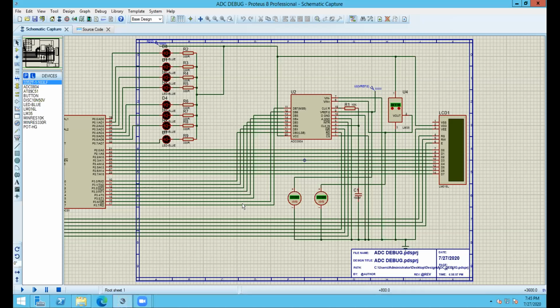Okay. Are you able to see my screen? Are you able to see my screen?